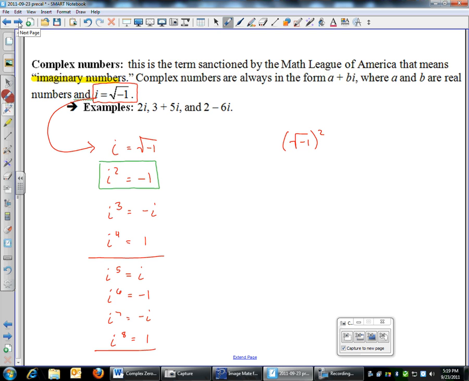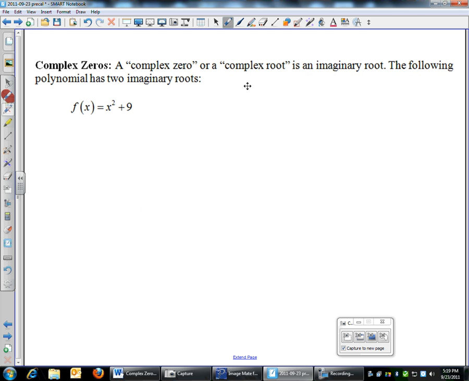And moving on to complex roots. Complex roots means you have an imaginary zero or imaginary root. This function right here has an imaginary root, actually has 2 of them, because if you set that equal to 0 and you solve for x, you would subtract 9, x squared equals negative 9. You would take the square root, and what you can't forget is that x is equal to plus or minus, that's what you have to do when you do a square root, and that'll be the square root of negative